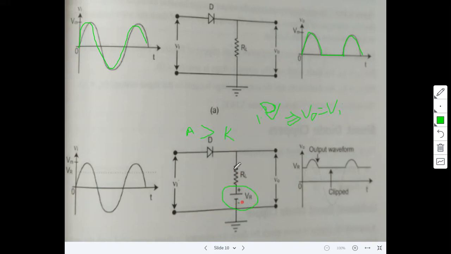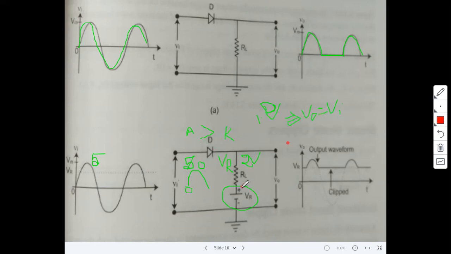Now here there is an opposition: the cathode terminal is initially connected to the reference voltage VR. Let us say the reference voltage is equal to 2 volts, and suppose the input is 5 volts maximum. Here it is 5 volts maximum, and here it is a 2 volt opposition. The input is not DC, the input is a sinusoidal signal. So initially when it is 0, 0 is less than 2 volts, so the diode is off.